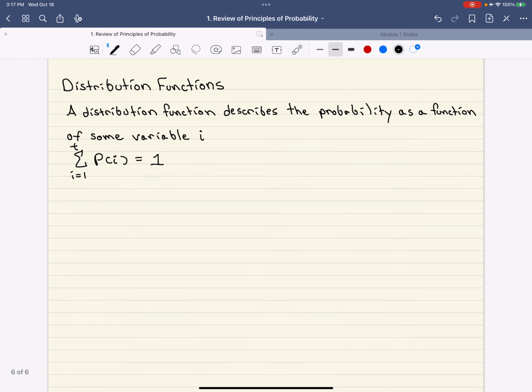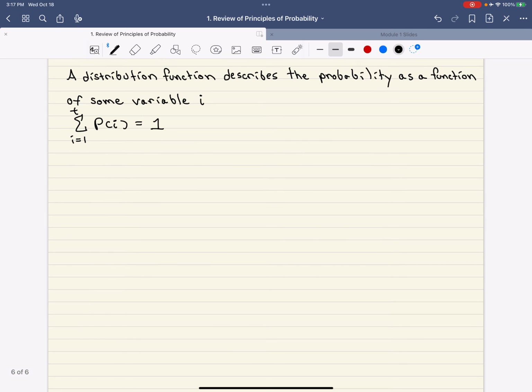In the case that we're only dealing with two categories of outcomes,